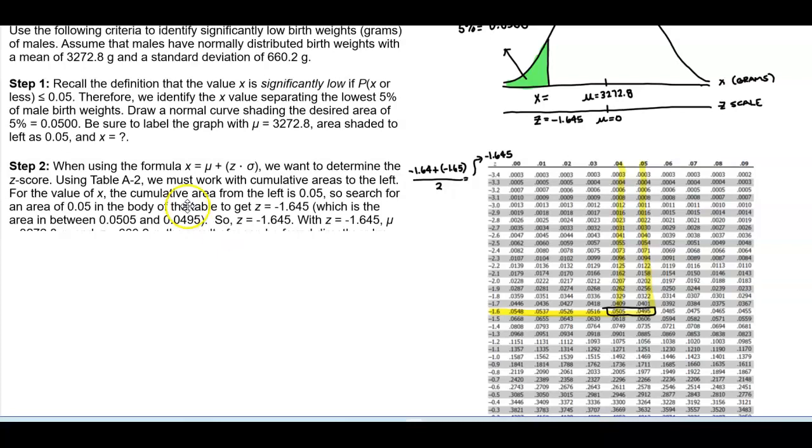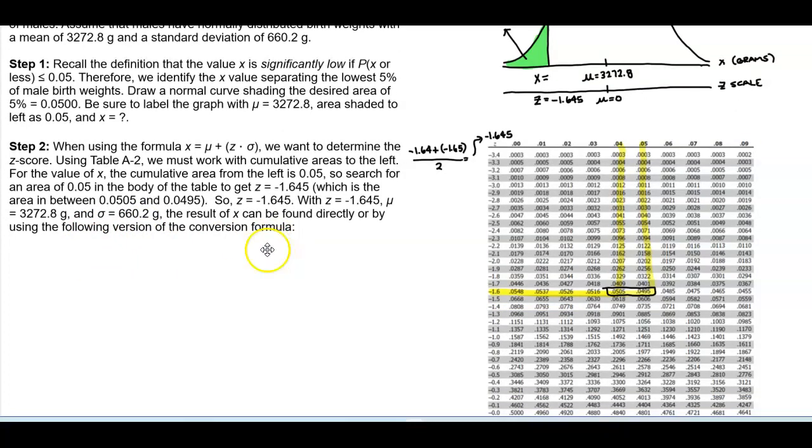Now keep in mind that z-scores can be negative. So now that we know the z-score is negative 1.645, we know that the mean is 3,272.8 and the standard deviation is 660.2. So the result of X can be found by using the formula: X is equal to the mean plus z times the standard deviation. So 3,272.8 plus negative 1.645 times 660.2. We multiply those together and then add to that number. We get